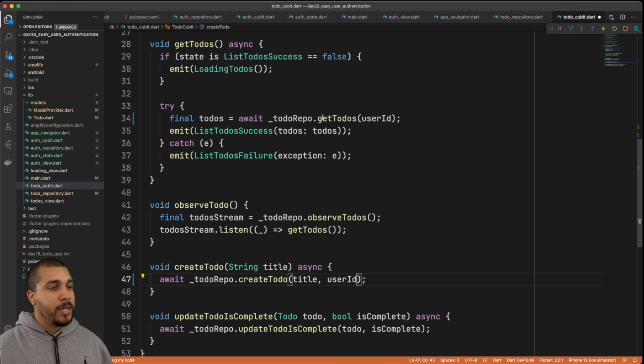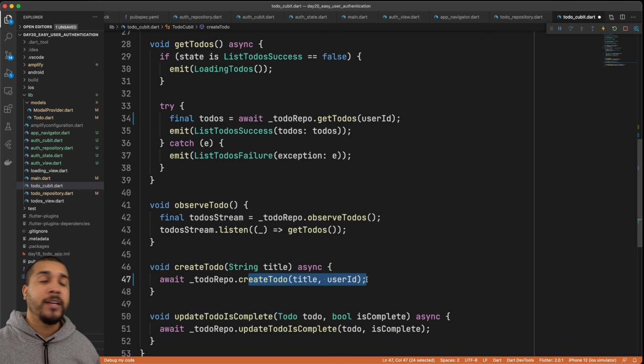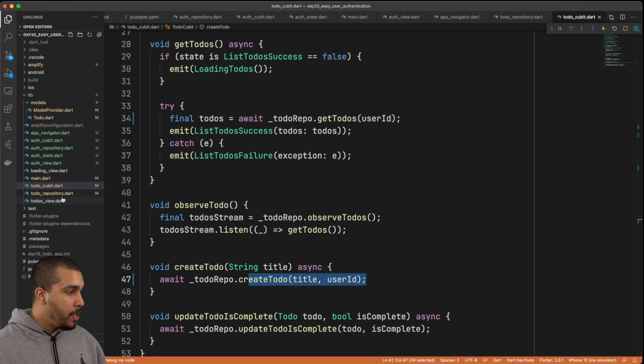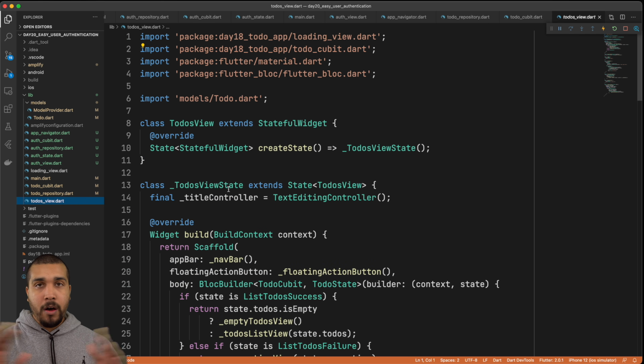All right, and there we go. So get to-dos is now passing in the user ID, and same thing with the create to-do. It is passing in the user ID. And the awesome thing about doing it this way is that we actually didn't have to modify or pass the user ID down to our to-do view. So the to-do view stayed all the same. We didn't even have to update it, but all the functionality around it has changed